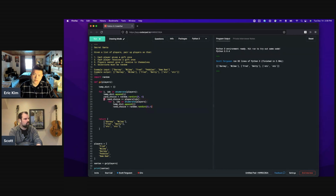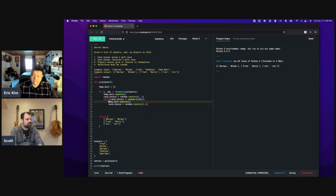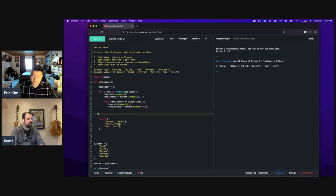So what I would change here would be just simply this. So while that's the case, because we don't want to iterate over the list of players again, that's not really necessary in this case. But we're going to pick the random choice while they're equal, right? We're going to continue to keep picking. Then once you've gotten something that is not Fred, the player who's picking the name, now we have a name who's not me. Now I've satisfied